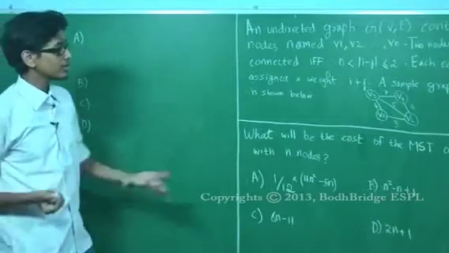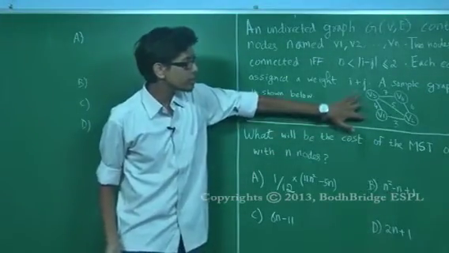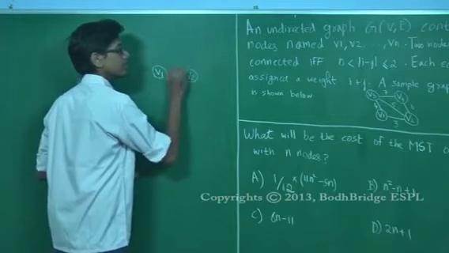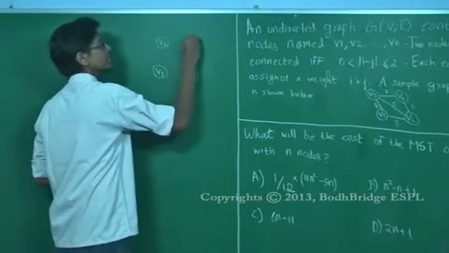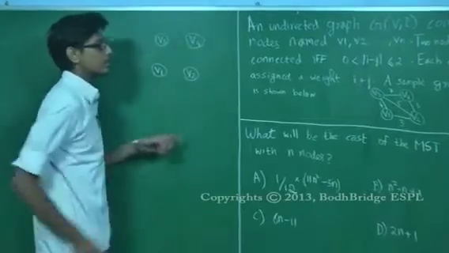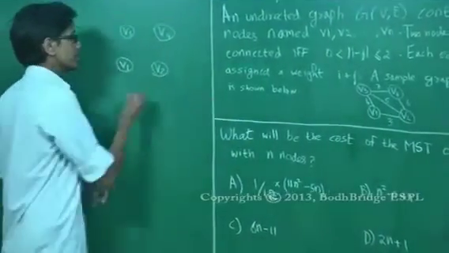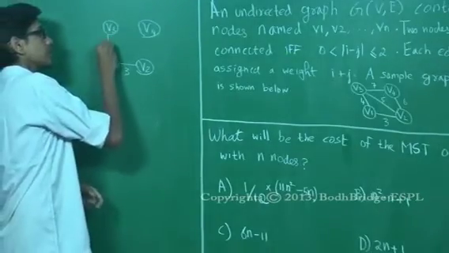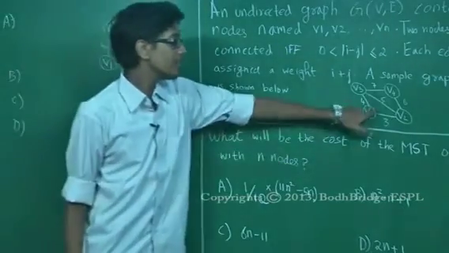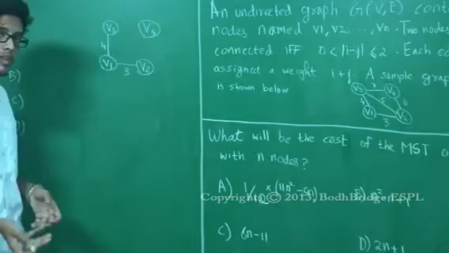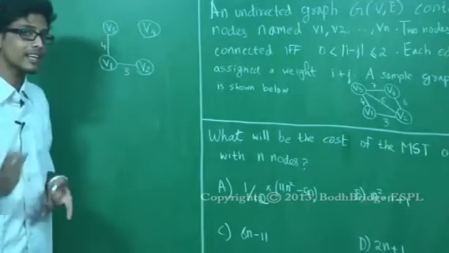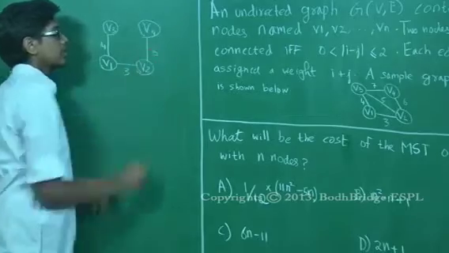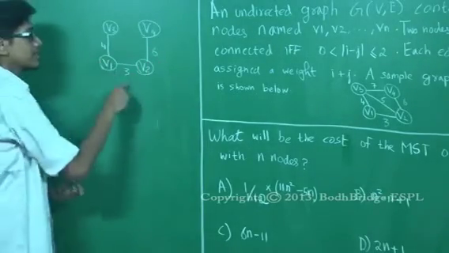So for n equal to 4, the graph is this. So we need to form the minimum spanning tree of this graph. To do that, we take V1, V2, V3, V4. Now we put the minimum edge first. So it's 3. Then we add 4. The next minimum edge is 5, but if we add 5, a cycle is formed. By the definition of a tree, it's an acyclic connected graph, so we shouldn't add 5. The next smallest is 6. So the cost of this tree is 6 plus 4 plus 3, which is equal to 13.